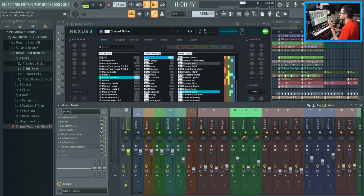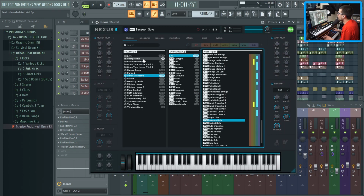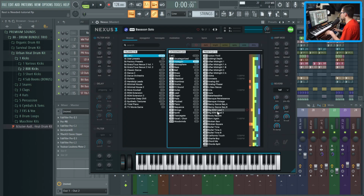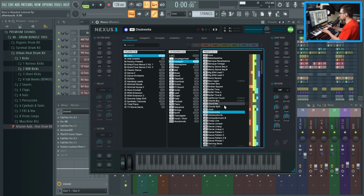And sometimes you just never know with a sound that all of a sudden you play it up high and you're like, wow, that sounds so cool up there. And that's just kind of like the workflow. What's really powerful with Nexus is their ARPs. So an arpeggio. So again, I don't like the ones with drum loops and stuff like that, but they have some amazing, amazing arpeggios, which are just so powerful. And if you play the right chords, they're just like,